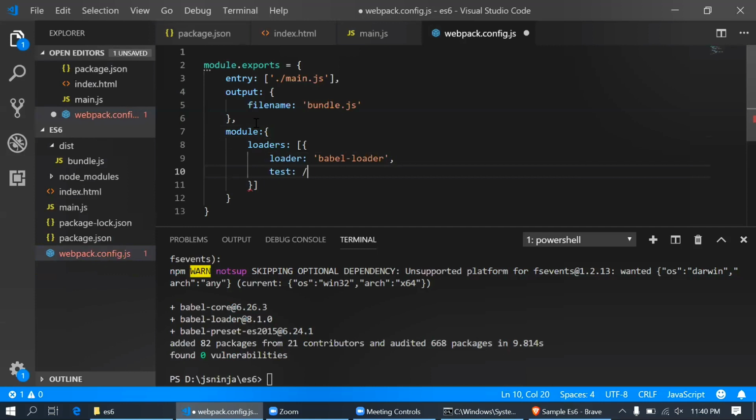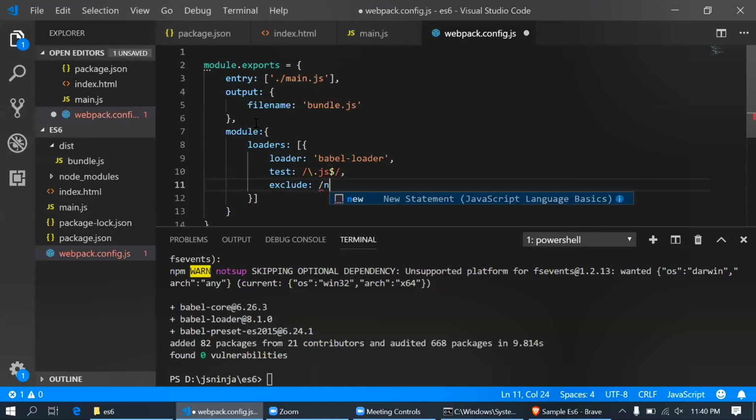We are converting only JS files, so we write the regex for JS related files like this. And I also have to exclude node_modules. I don't want node_modules processed every time Webpack is running, so I'm excluding it.